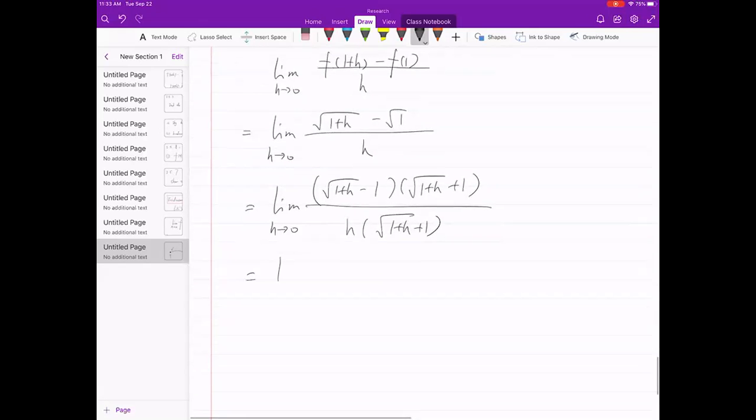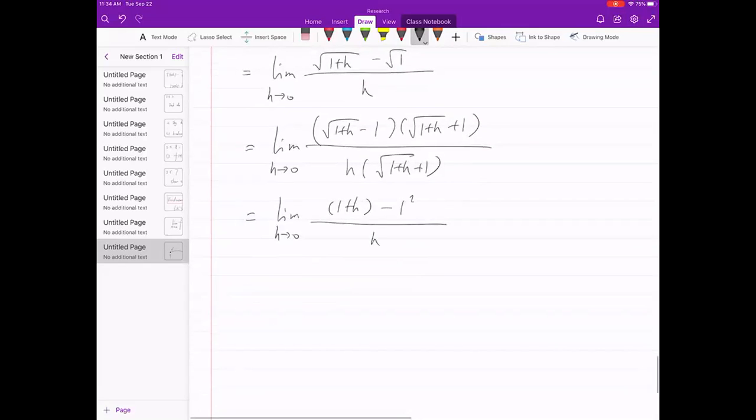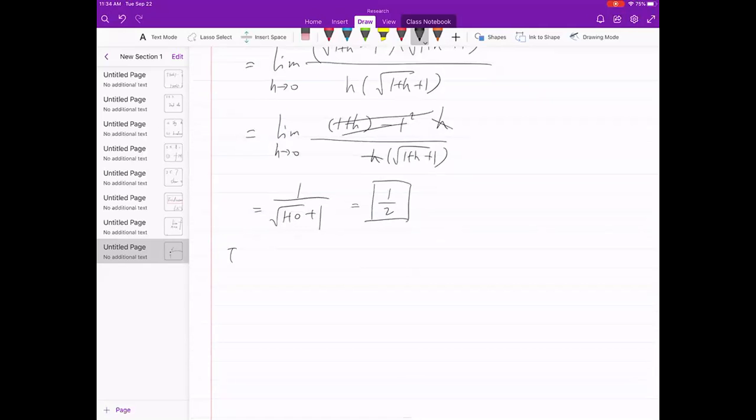Okay, limit. Square the first. Square the second. 1 plus h minus 1. The top is just h. 1 over 1 plus 0 plus 1, which is 1/2. Therefore, tangent line